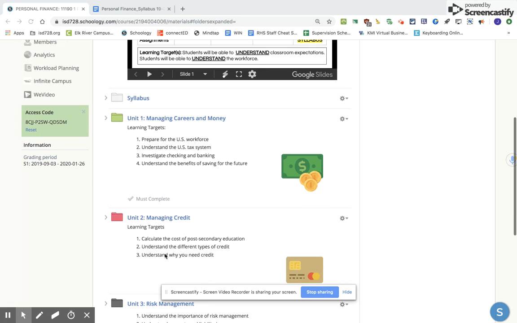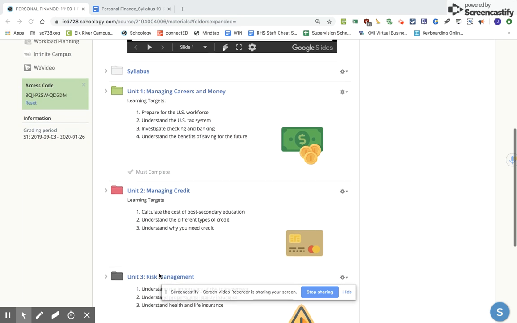The next unit we talk about is credit, and so we look at 3 major parts of it. I include post-secondary education in there because I know some of you are choosing to go off to college, and that is a cost, and so I want you to be really aware of what that all entails, something I don't always feel I was. So hopefully I can give you some good ideas about what to do. We also look at different types of credit and why it actually is pretty important to have credit.